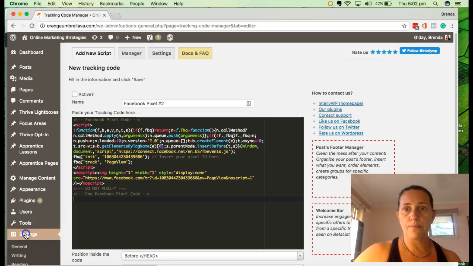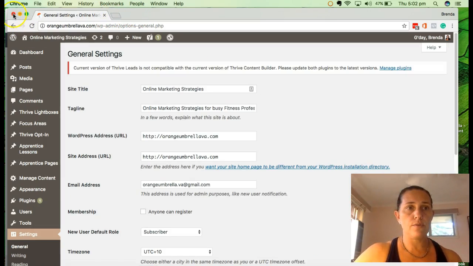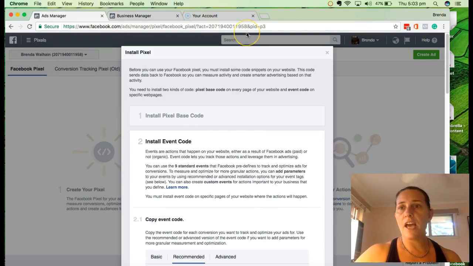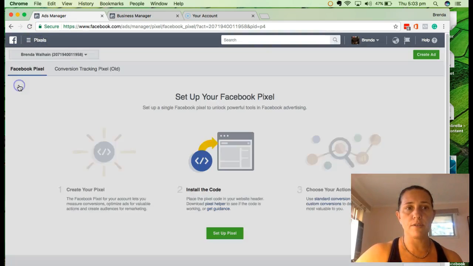So, all right. Now the next thing I wanted to show you, so that's how you install it on your site. Now the next thing I wanted to show you is how do you know if it's firing? So you go back into your Ads Manager, go to pixels,